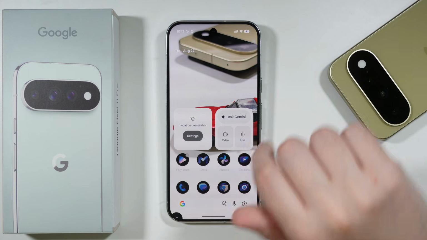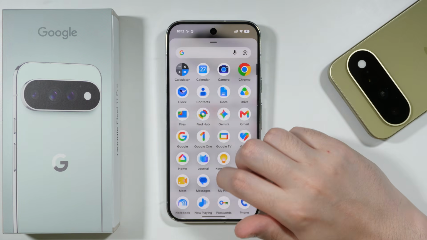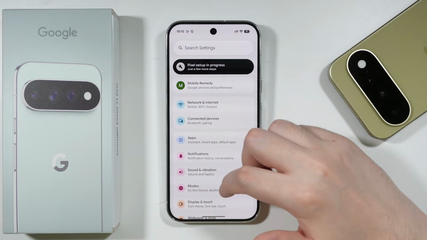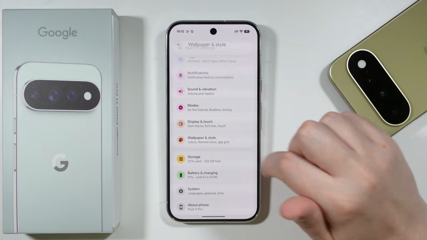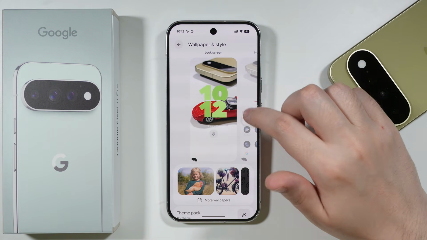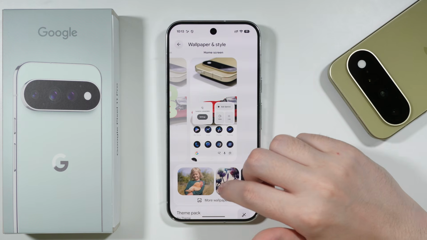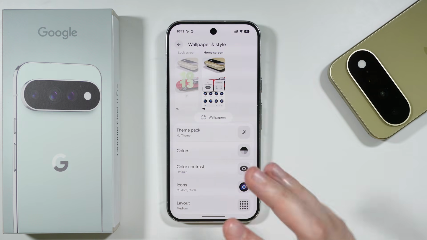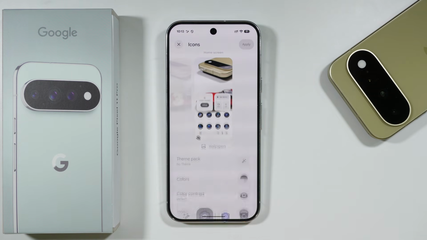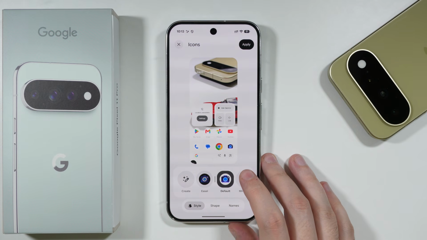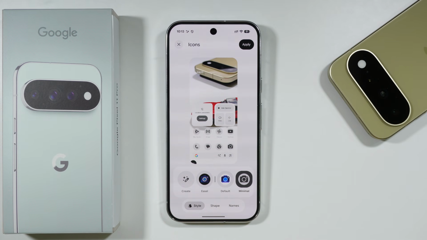If you want to change icon color on Google Pixel 11 Pro, first of all, you want to go to Settings. Over here in Settings, go to Wallpaper and Style, and then here you want to swipe to the home screen preview. Now we're going to swipe up from this section here to reveal these additional options, and we want to go to Icons. Here, most likely you have the default option selected, and you can switch to Minimal to